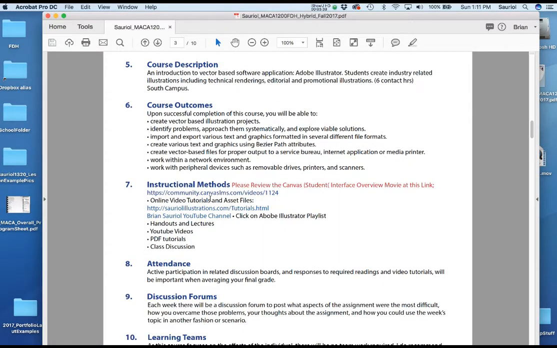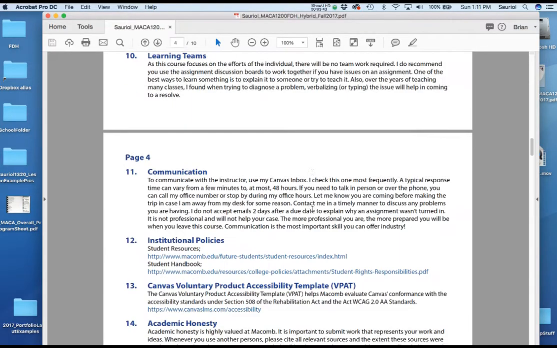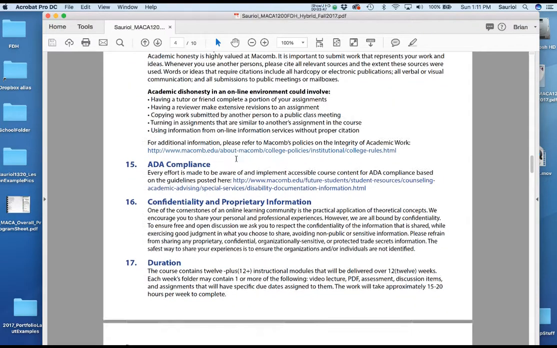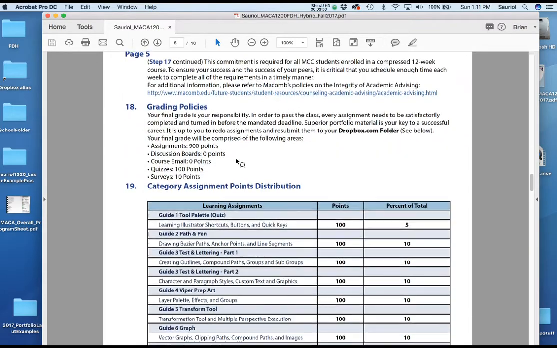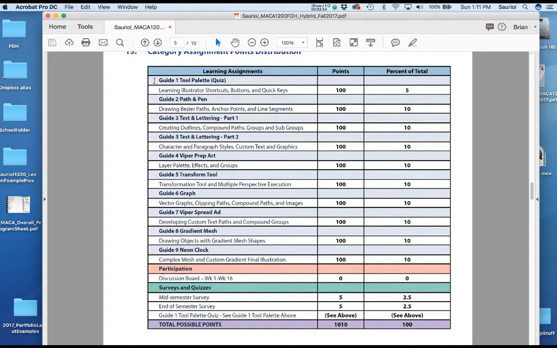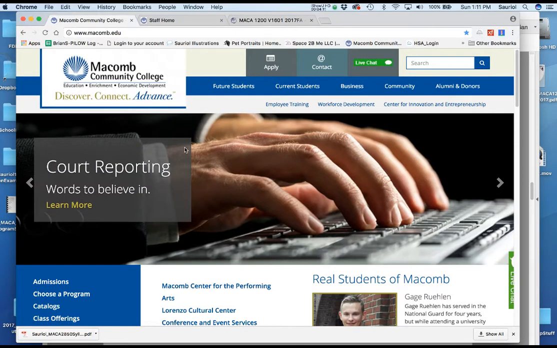As I back out of this, you can read everything that's here. I pretty much have covered all of the stuff that's important for the semester, and I just want to move past all this and get right into the material that really mimics the modules. The modules I'm referring to are in Canvas, if this is your first online class. So I'll leave this PDF on the screen, and I'm going to bring up the macomb.edu webpage.